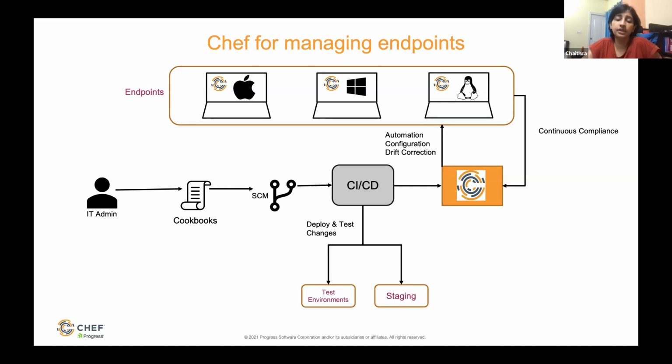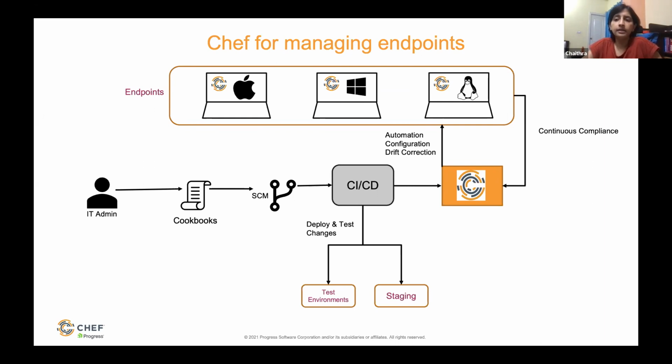Before deploying onto your actual end user fleet, these cookbooks can be tested on test environments, and you could have a staging environment where you run them, right? So the Chef clients, which are deployed on the fleet via an MDM, pull the configurations from the Chef server,